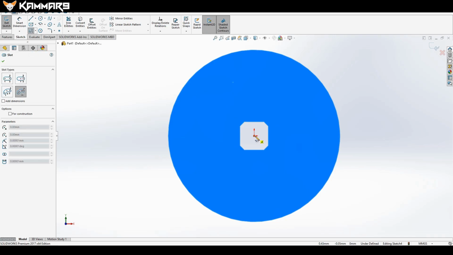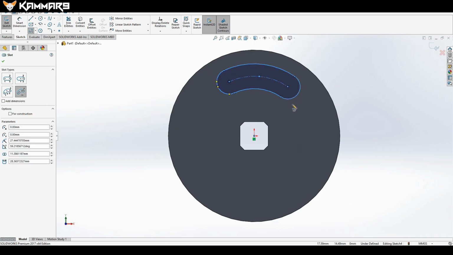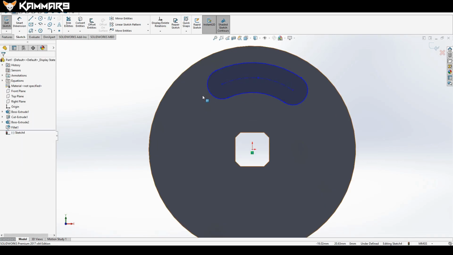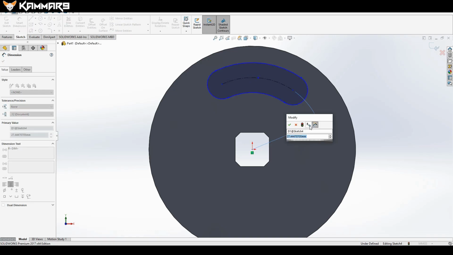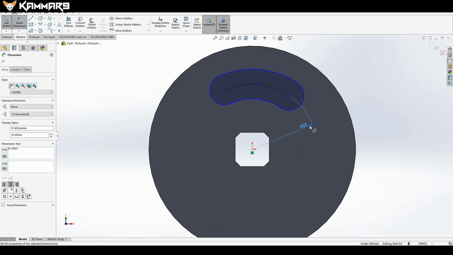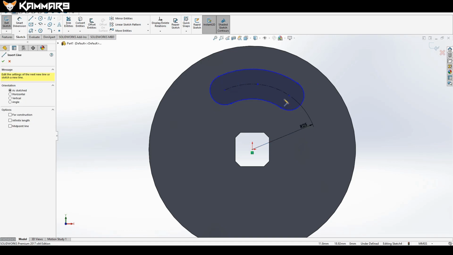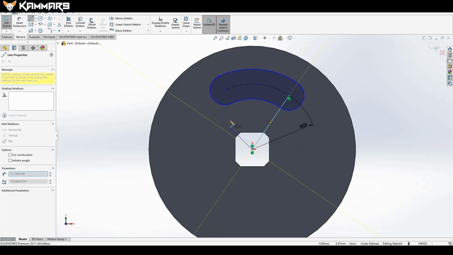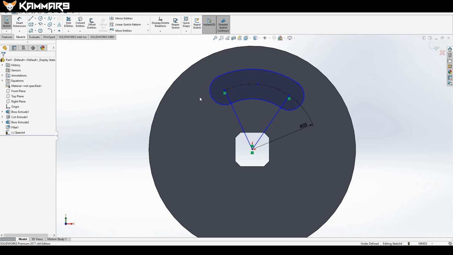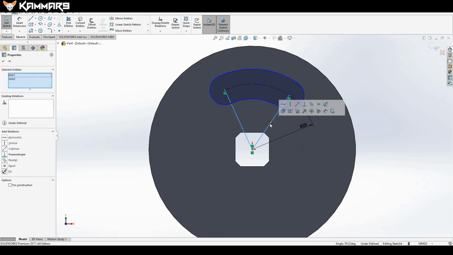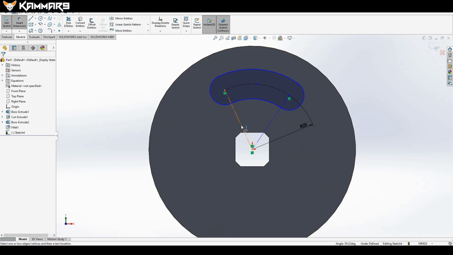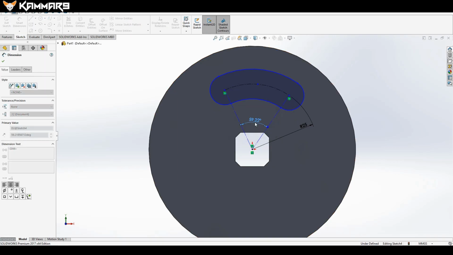Okay, here I will choose here a slot, a circular slot, as you can see here, and let's add some dimension to it to make it on the right position. We have a radius of 25 here. I want to add this line just to add the angle. If you have any suggestion to make angle,